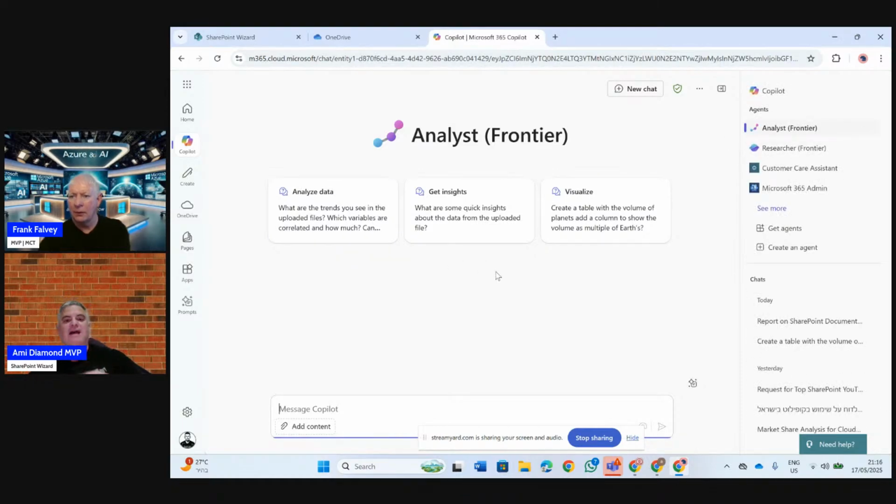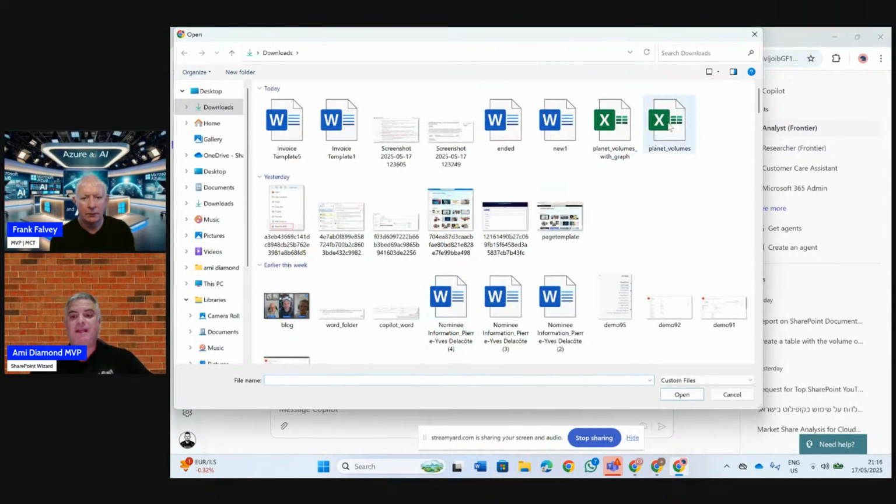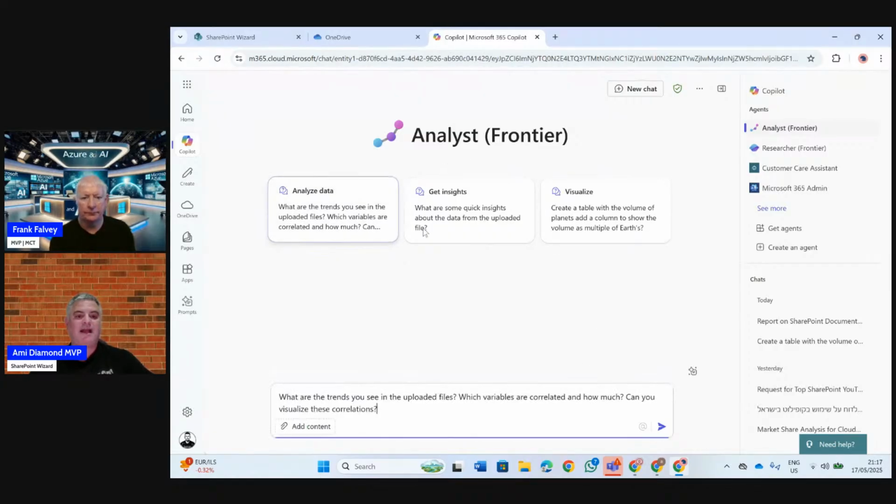Now the idea of the analyst is more to take data like Excel and to make very complex calculations. You can actually see that it writes the Python code, even though you don't need to know anything about Python, but all you need to know is to upload a file. Let's say I'll say analyze the data,